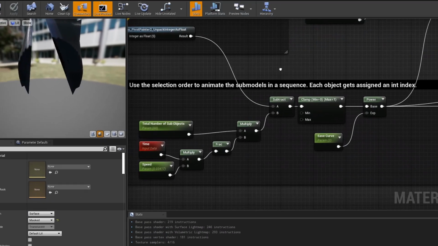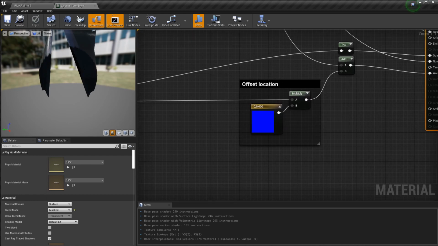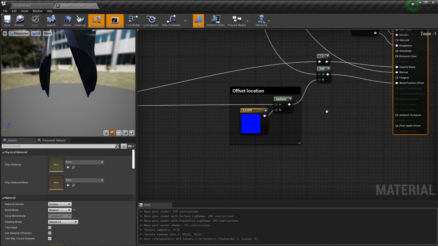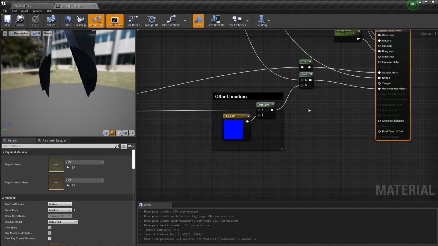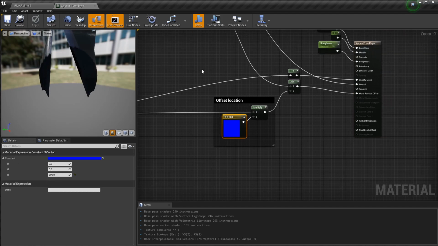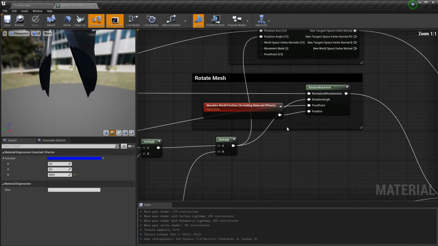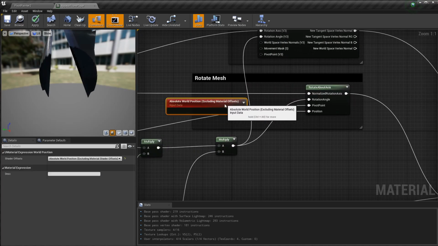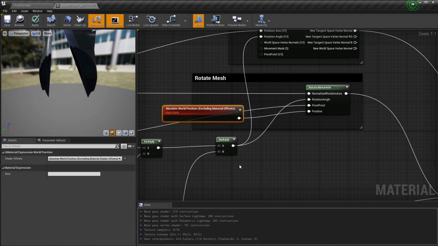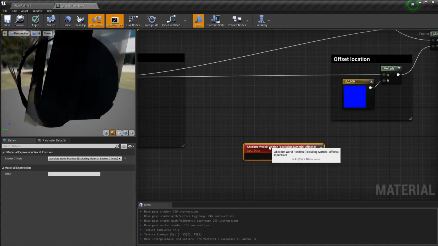But the starting position from where the object appears is straightforward. That position is added here by multiplying it with the result of the sequence animation. That's where we want to create another position. That position needs to be related to the actual position of the piece. The shader already uses that location for the rotations, with this absolute world position. We can steal that for our purpose, but that's obviously not the point where the objects should appear from. We need a tiny bit of vector math for that.